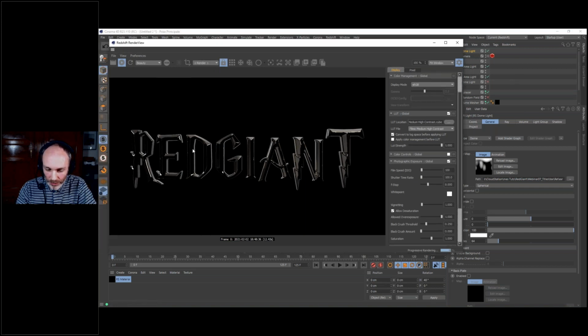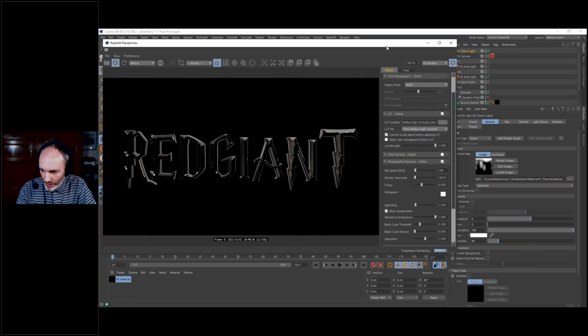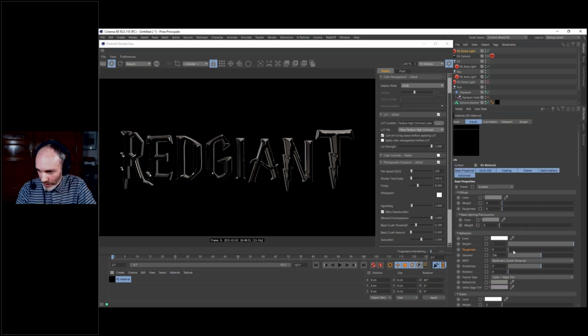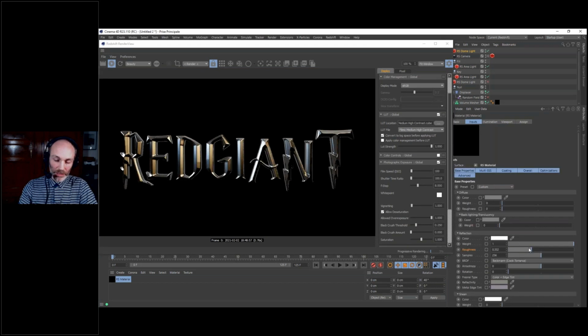If I go back to our material and increase the roughness, you will see it looks like it's being more and more lit. That's just because the reflections are being blurred, and then the black is going to blend with the white and create those nice gradients, the gradients that just characterize metal surfaces.